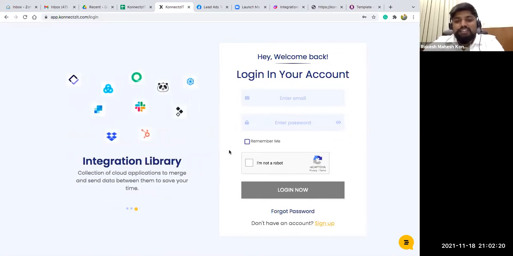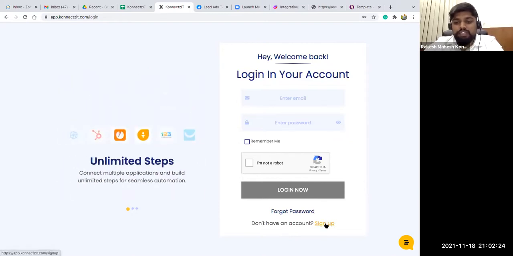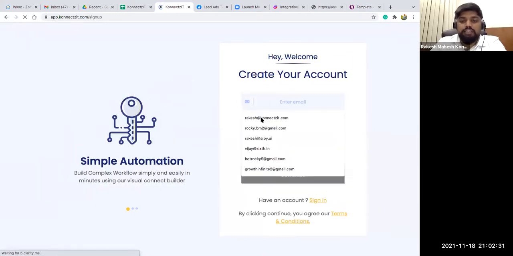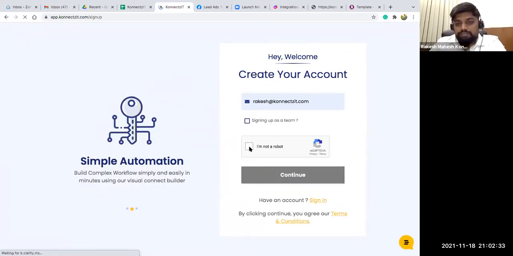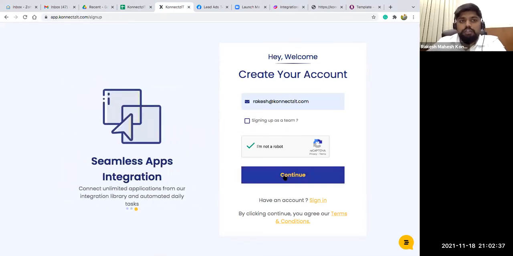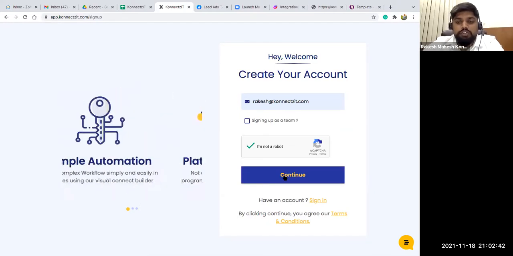So yes, I'll start with logging in. Previously, you can sign up for your account. Just click on sign up and enter your email ID. Make sure you verify you are not a robot and click on continue. There will be an email link provided to your account.